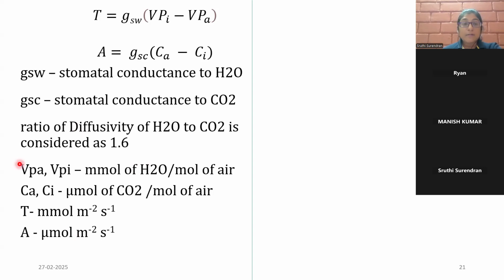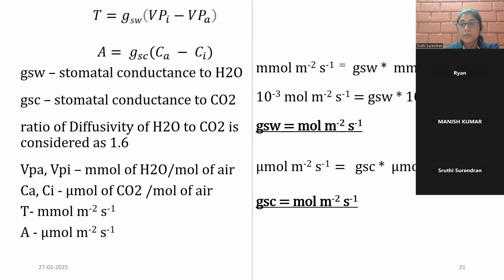So the vapor pressure deficit, the vapor pressure, will be expressed in terms of millimoles of water per mole of air, and carbon dioxide concentration will be expressed in terms of micromoles of carbon dioxide per mole of air. So if we solve this equation with the units alone, we see that